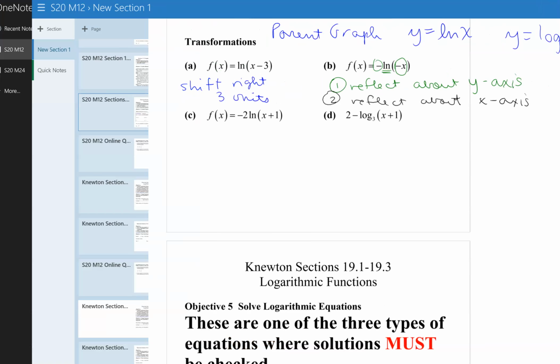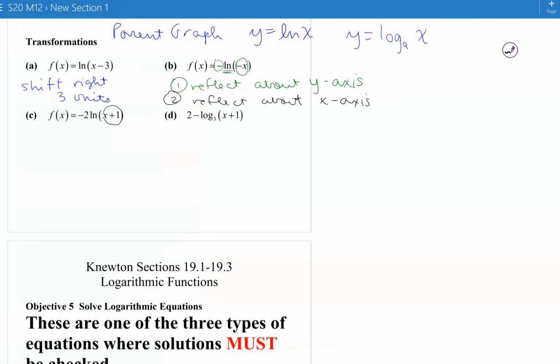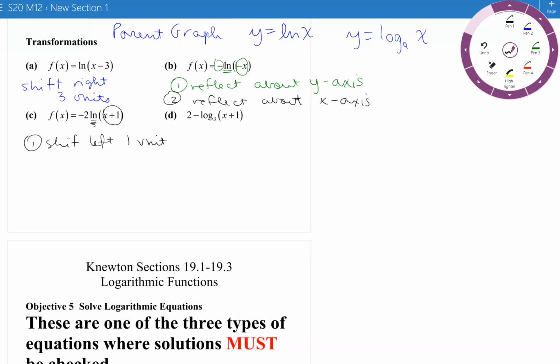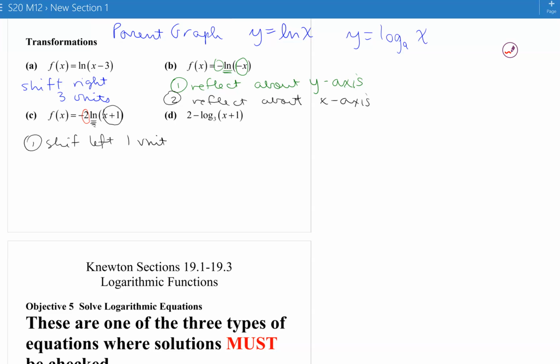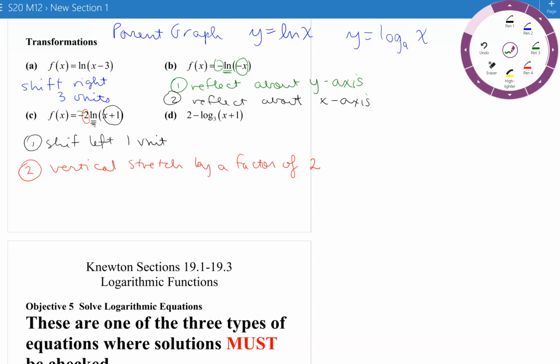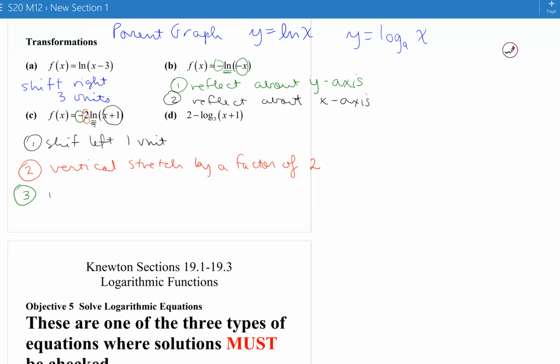Okay, then C, I'm seeing an x plus 1 before I do the logarithm. So that's going to shift left 1 unit when the function of logarithm happens. Then I'm seeing multiplying by a 2 after the function. So this is going to cause a vertical stretch by a factor of 2. And then we have the multiplying by a negative after the function, so that's going to cause